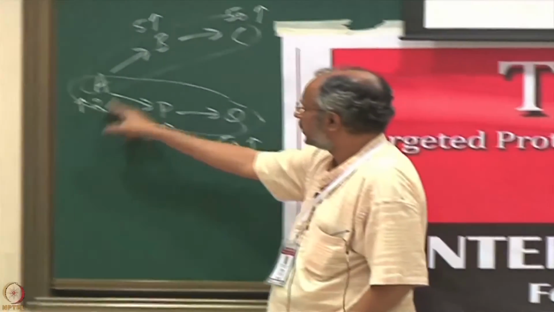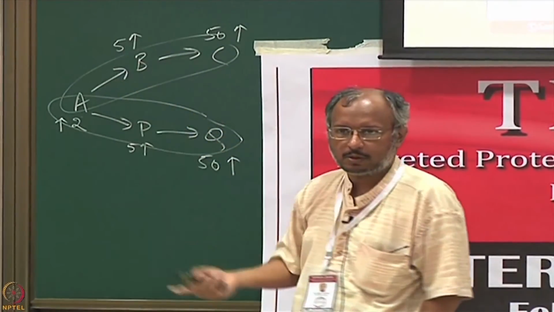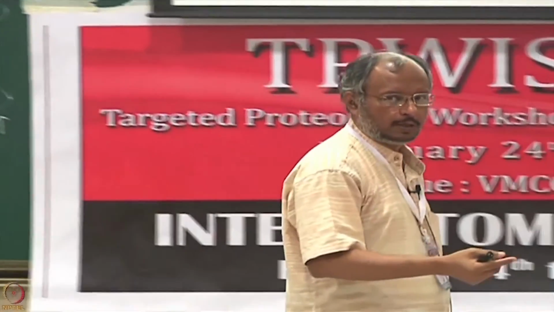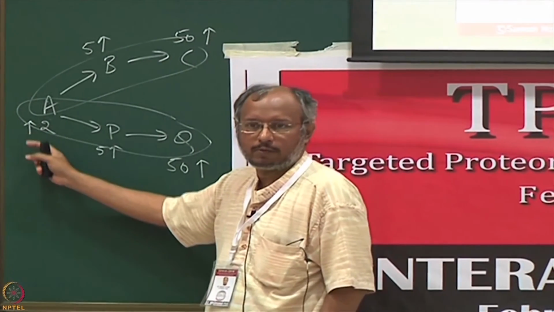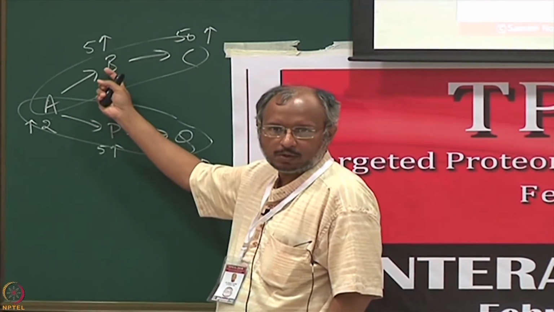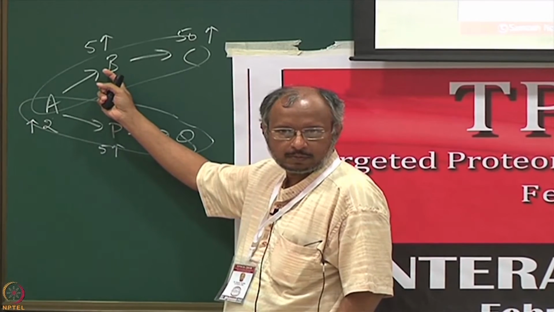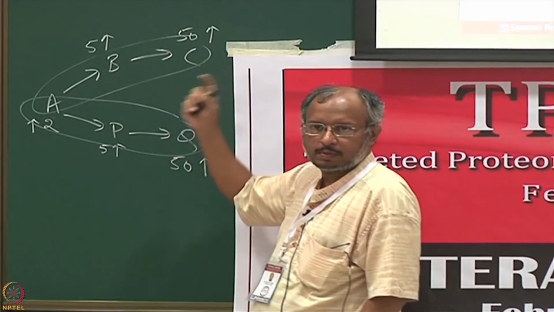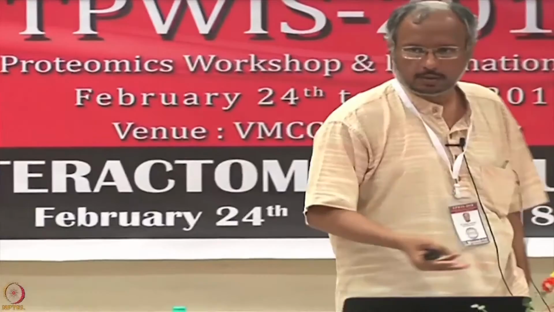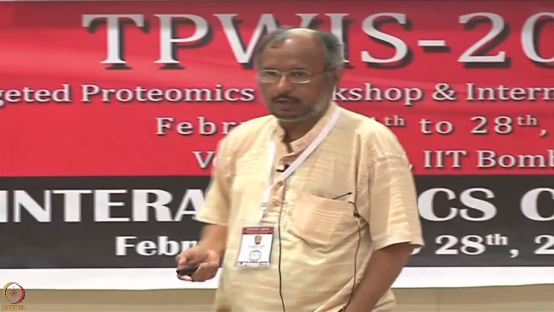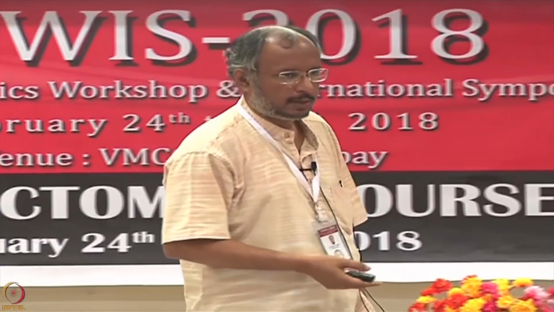Okay? Now that's a subtlety, because I'm now saying I'm not so interested in the raw magnitudes of these up and down fold changes. That's not important to me. What is more important to me is whether the level of this goes up when this goes up, whether this goes up 2-fold or 1.5-fold, does this go up across all patients? Okay. And when this goes up, does this go up? Those kinds of pairwise relationships are what I start looking for. But what do we call those pairwise relationships? If I were plotting a line between x and y, you would call that a correlation coefficient. That R square value that I showed you a while back.